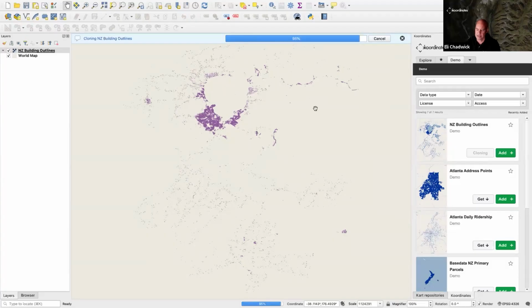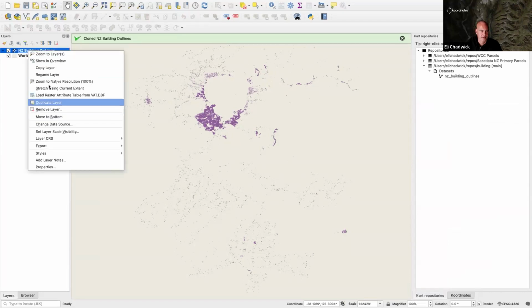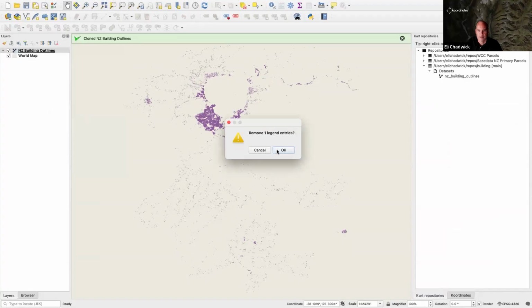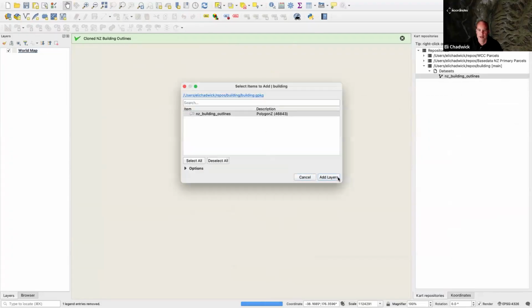But the long goal here really is I've got the data fairly easily from the site using QGIS. I could be using our desktop app, or I could be using command line, so it can be integrated into another process or program, but I didn't actually need to physically go to the site at all. So now I have, under cart repositories, if I get rid of this guy, where is it? Here. So goodbye service. And in that building repo folder that I made is a data set, and it's this guy that I cloned. So if I just drag that into my project and add it,